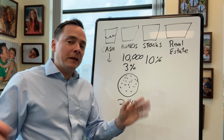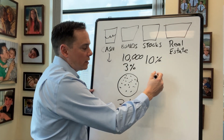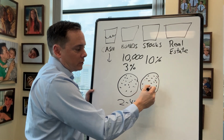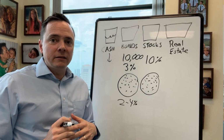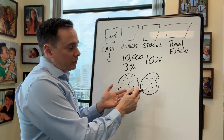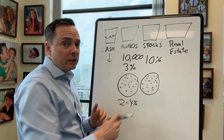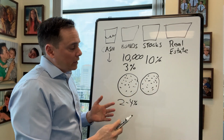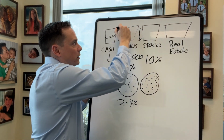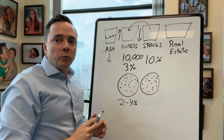Can't guarantee anything, but it's unprecedented, okay? So whenever you invest in stocks, you're very simply investing in lots and lots of stocks. When you hear somebody say diversification, you want to diversify money in stocks and in bonds. And the other thing you need to realize is that whenever stocks go down, bonds go